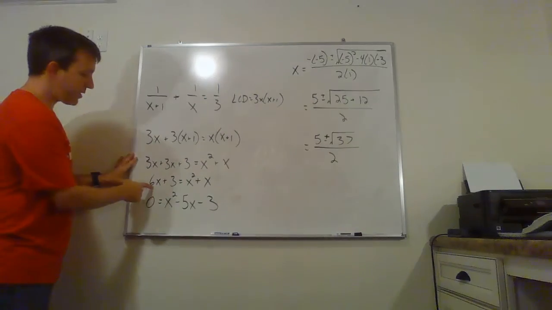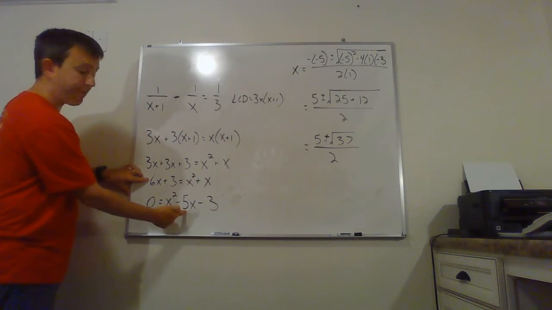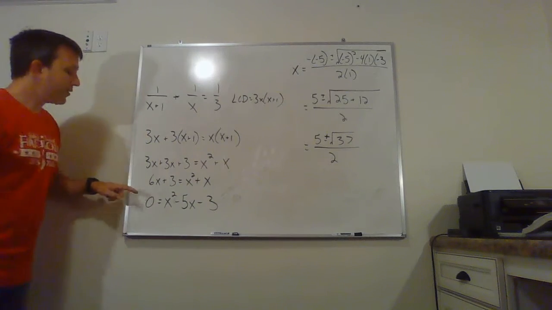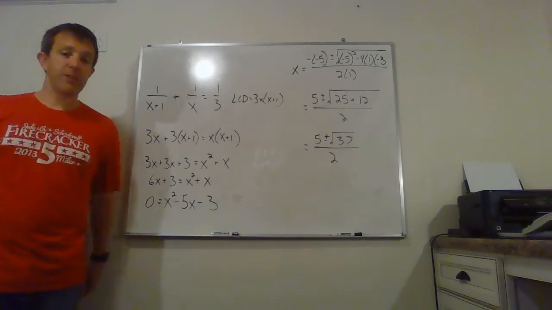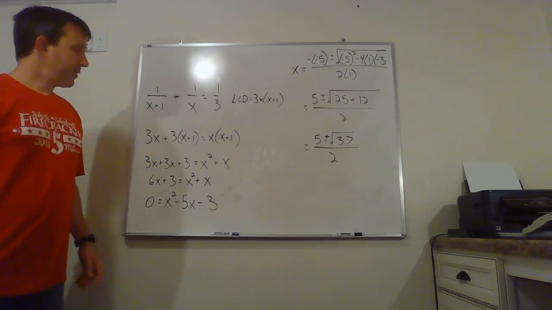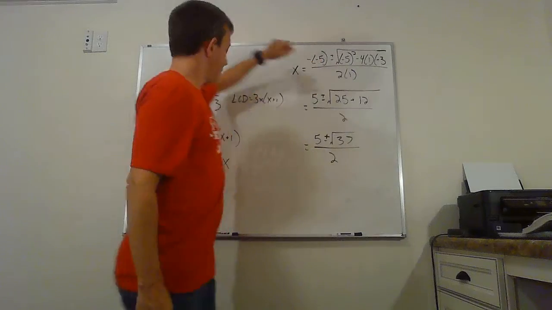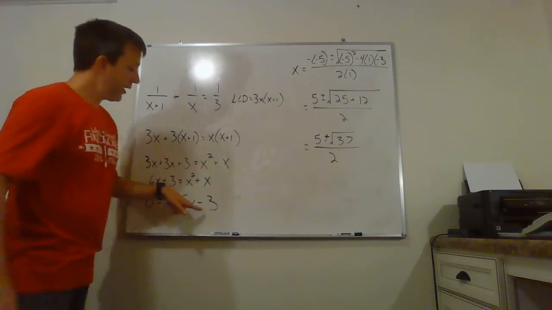All right, so I subtracted 6x. X minus 6x gives me the negative 5x, and of course, nothing minus 3 is then minus 3. So now I have what looks like a normal quadratic. 0 equals x squared minus 5x minus 3. So we have a, b, and c again. My b is negative 5, a is 1, don't forget the 1, there's a 1 there, and c is negative